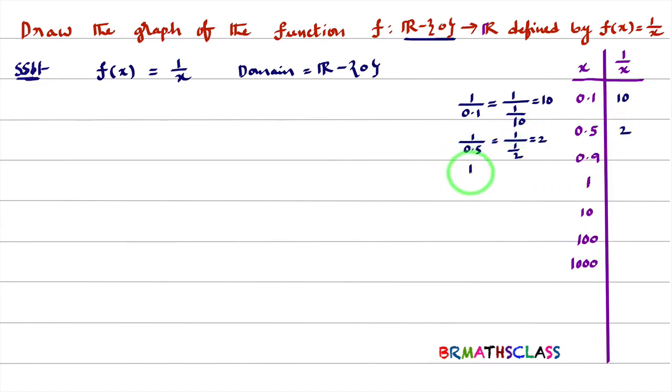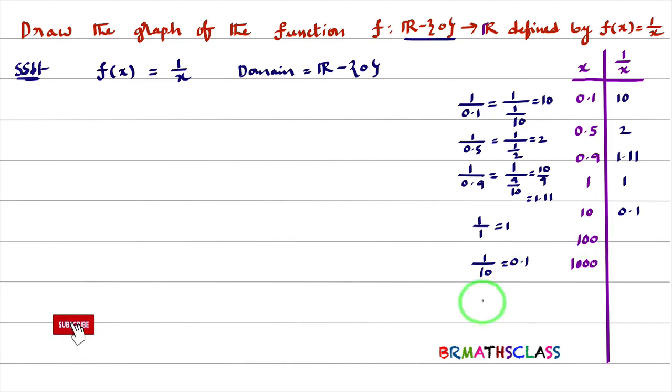If I take x value 0.9, 1 divided by 0.9, that is 1 divided by 9 by 10, that is 10 divided by 9. If we calculate this, you are getting 1.11. So when x value is 0.9, 1 by x value is 1.11. When x value is 1, 1 by 1 is 1. When x value is 10, 1 by 10 value is 0.1. When x value is 100, 1 by 100 value is 0.01. When x value is 1000, 1 by 1000 value is